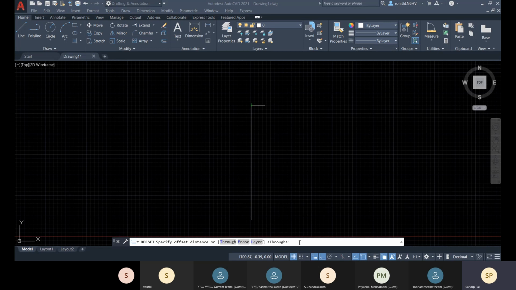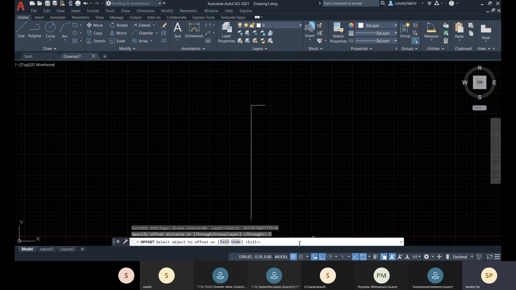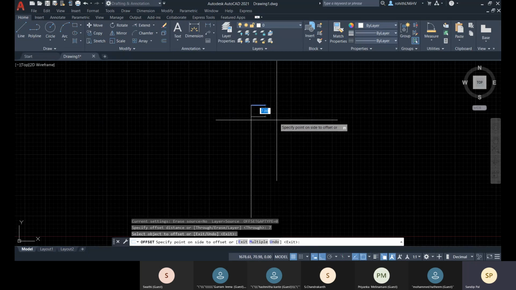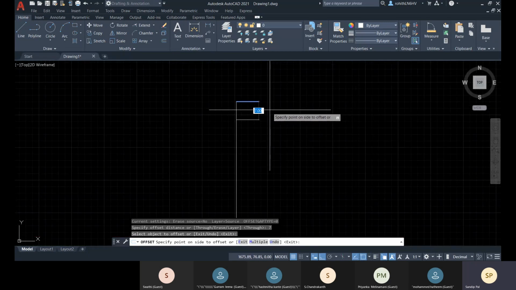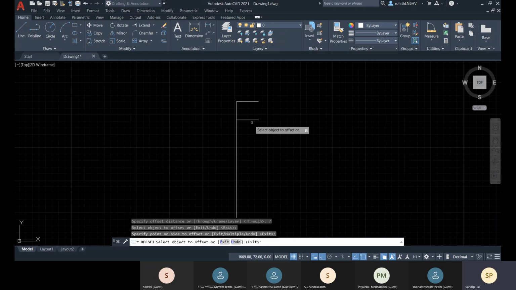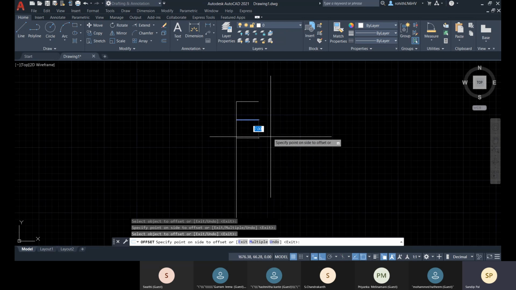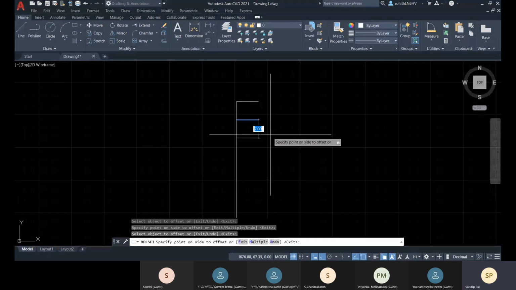So let's specify the offset value first. The offset value is 7, and here let's select the object, and then you see I'm going to create the offset. Okay, and again if I go for offset, it will create the offset with the previous value, right?